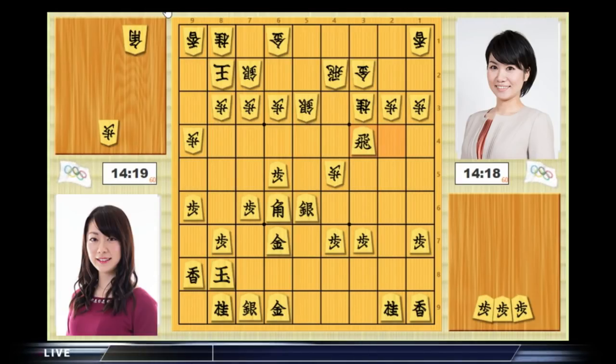And we have the post-game discussion comment that Taniguchi-san, who was Gote, already felt that this position was bad for her. So why don't we explain why she would feel that? One thing she could be confident about is that she has the castle finished,